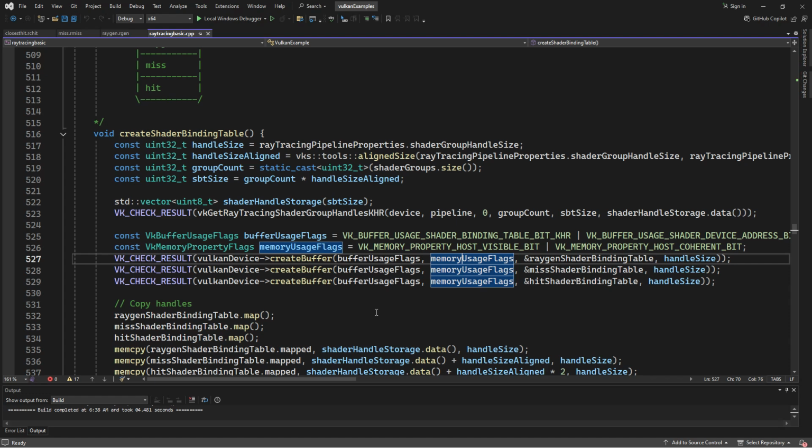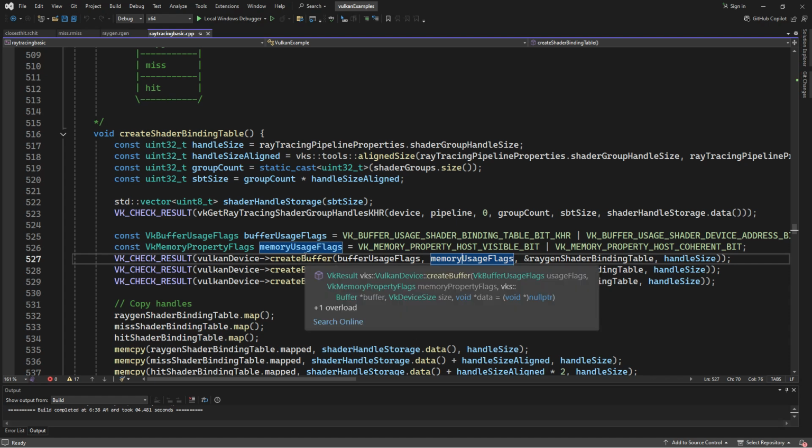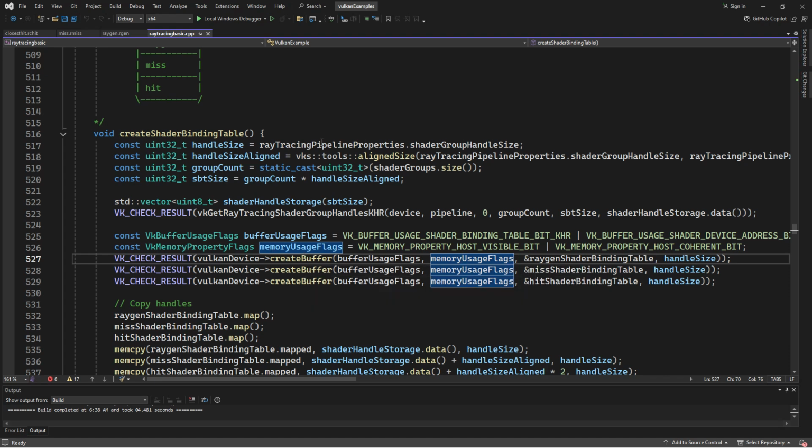So the number of shaders is supposed to match the number of binding tables that you have, okay? And that's why you see all these buffer references. Anytime you see buffer, you know you're talking about a storage container, you're talking about memory, you're talking about buckets. That's my understanding of buffer. So, create shader binding table. We have the shader binding tables, and then